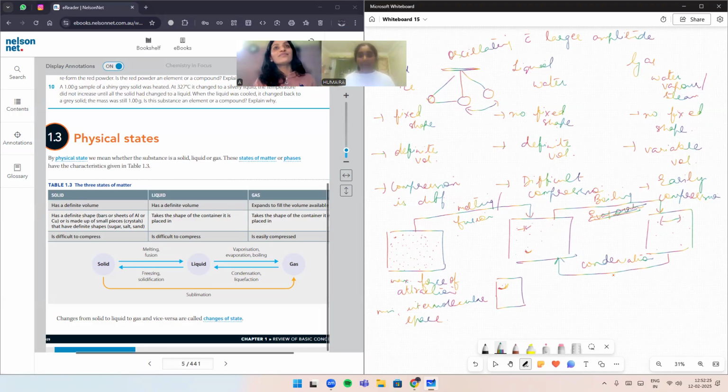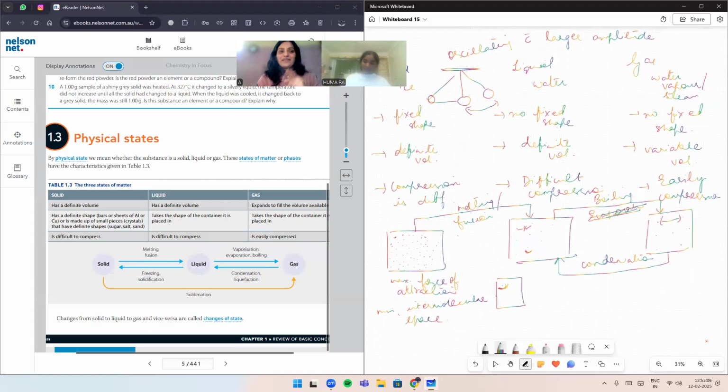Could you explain the word condensation? Yeah, sure. It is basically the change of gaseous state into liquid state. For example, if you take cold water in a steel glass, you will find liquid water outside the glass. From where did it come? It came from the atmosphere. The temperature got reduced on the glass surface, and the air in contact with the glass surface lost energy. So now it cannot move with a larger amplitude.